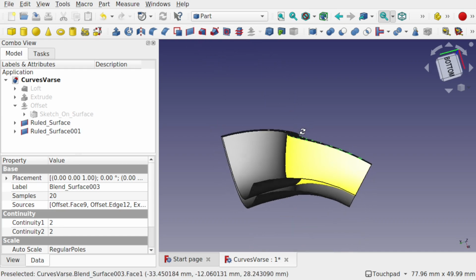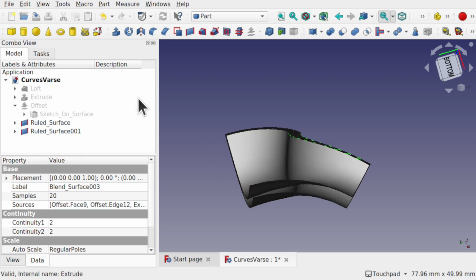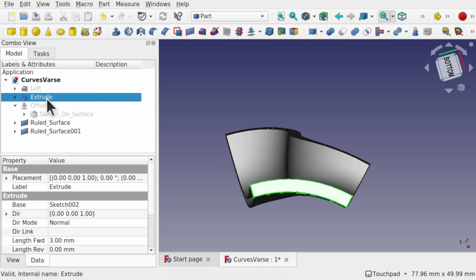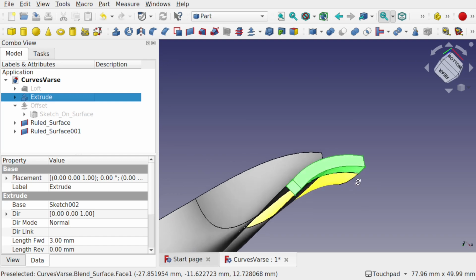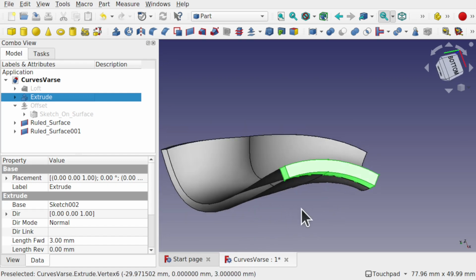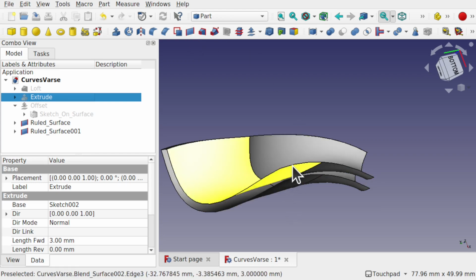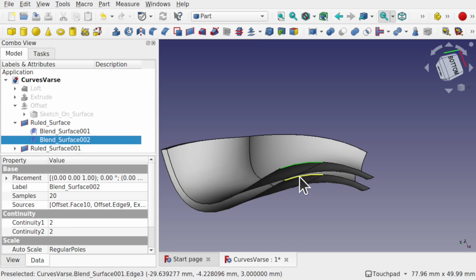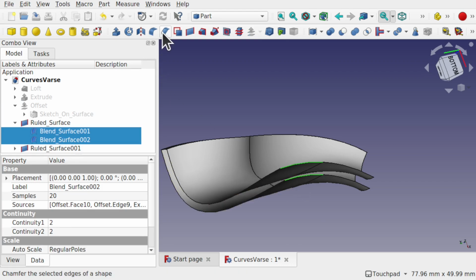So that's one way. The other way is to use the original object. So we have the extrude here, and we have a face that we can actually attach to here. That would require us coming over to the draft workbench and using the face binder. For the time being, I'm just going to keep to the ruled surface. So I'm just going to hide that and click these two edges, create the ruled surface,